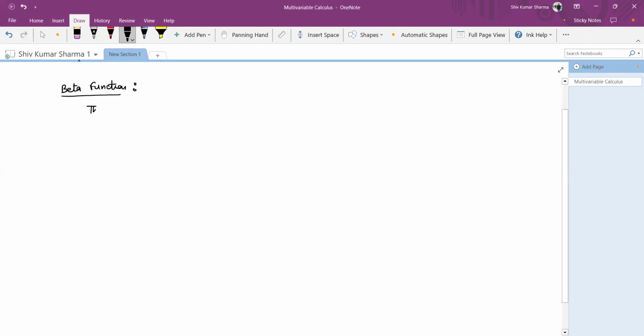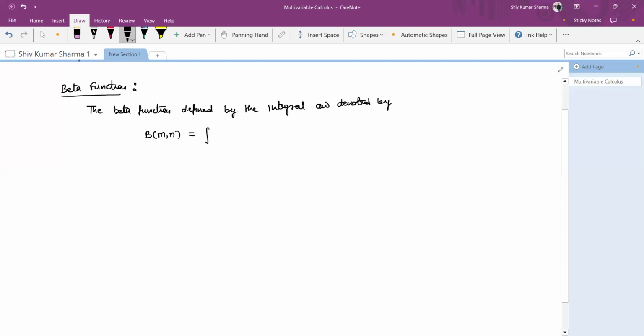So we write down the beta function defined by the integral and denoted by beta mn,